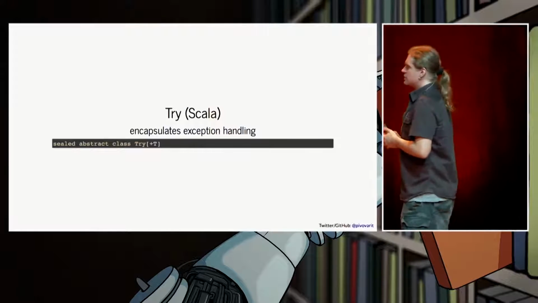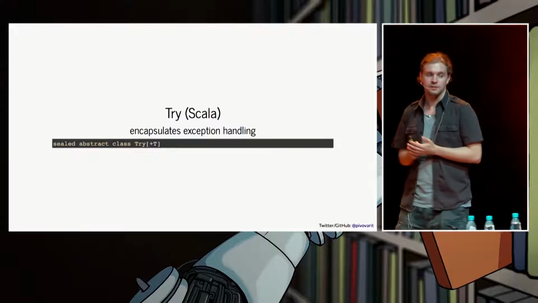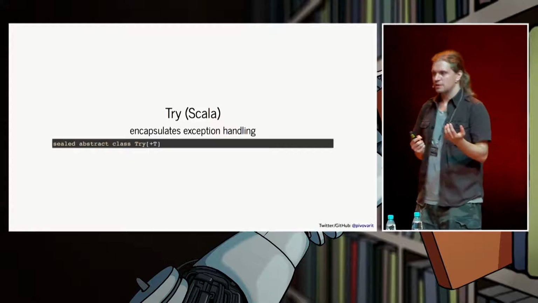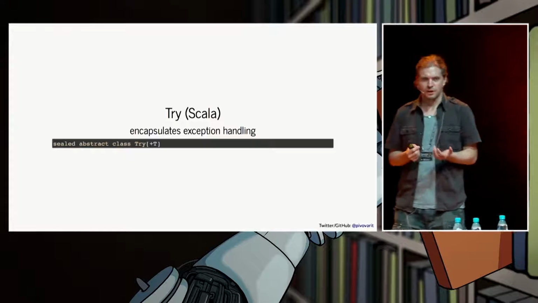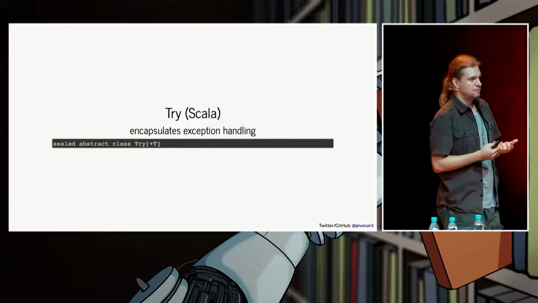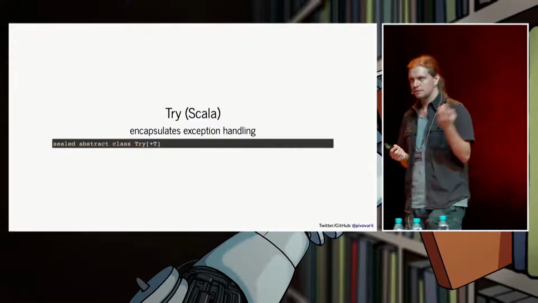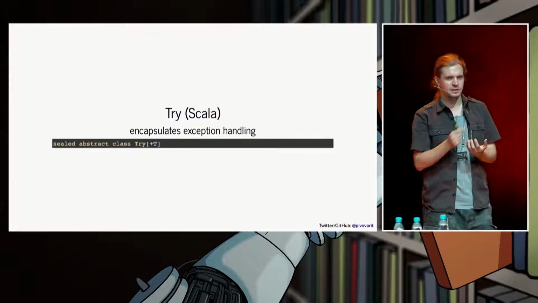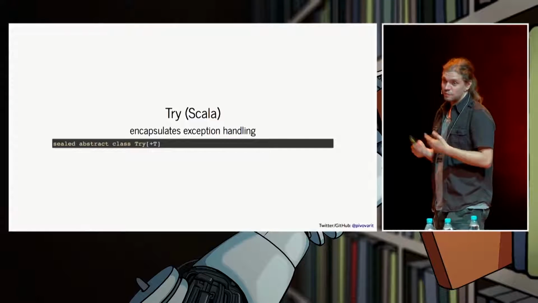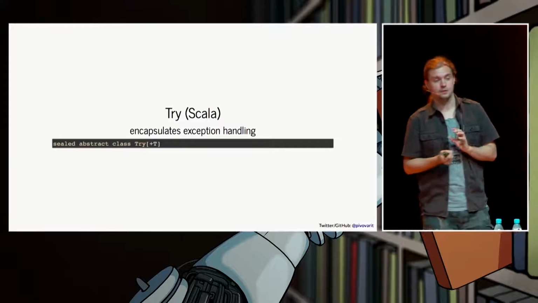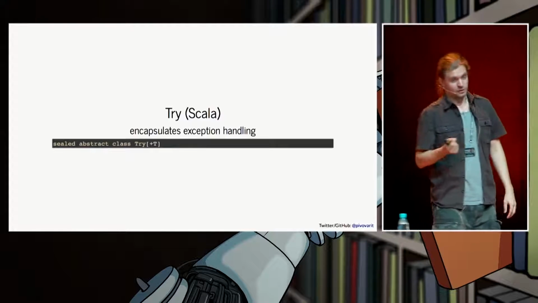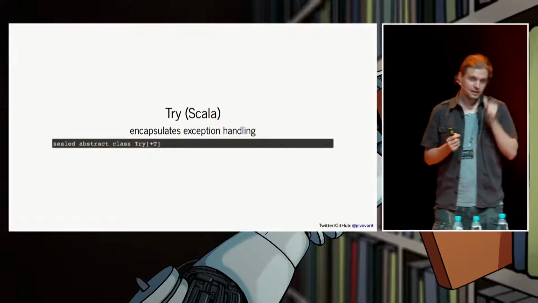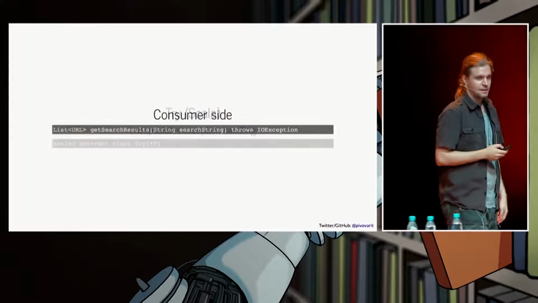So the first idea is a Try object. If we can put an object into an Optional and represent an object that can be optional, why not do the same with exception handling? But how do you put an object into another object, and that object can throw an exception? Doesn't make sense. Well, we are in the functional world. Functions are objects as well. So it turns out that in order to encapsulate something in our custom type for exception handling, we would need to take a function and put it inside there.